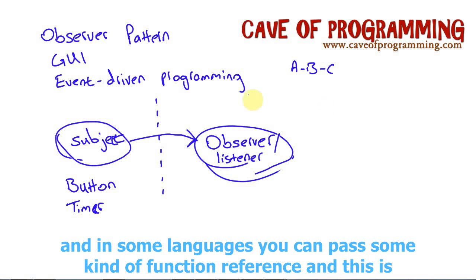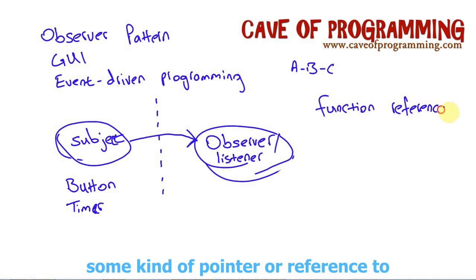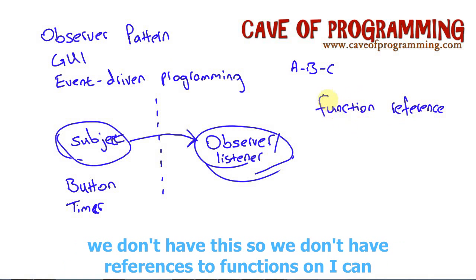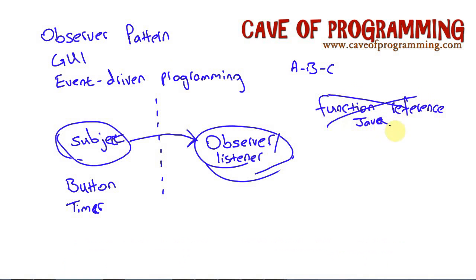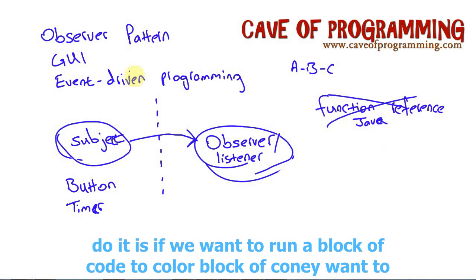And in some languages you can pass function pointers or some kind of function reference, let's say, and this is some kind of pointer or reference to a block of code that you can then pass to a button, and a button will run that code. But in Java we don't have this. So in Java we don't have references to functions, unlike in JavaScript or C++ or something like that, where we do have them. In Java, the way we do it is if we want to run a block of code,